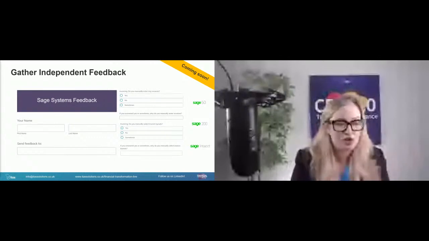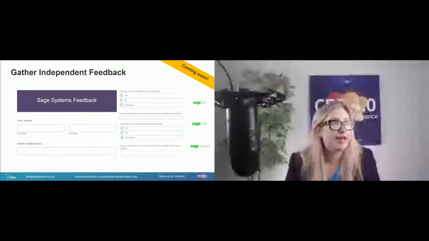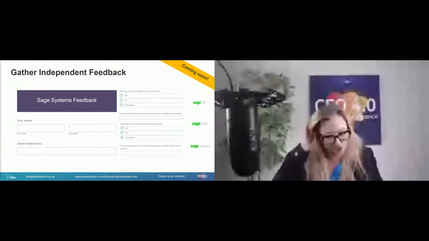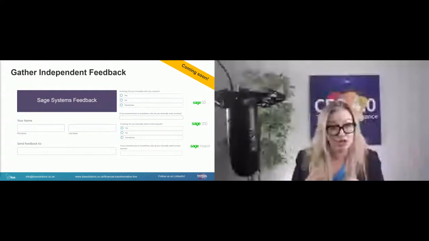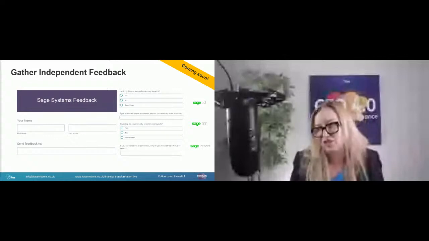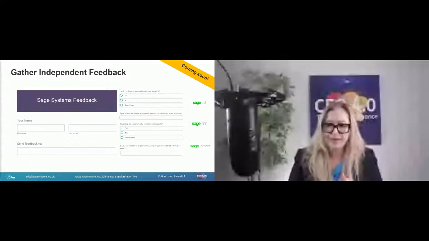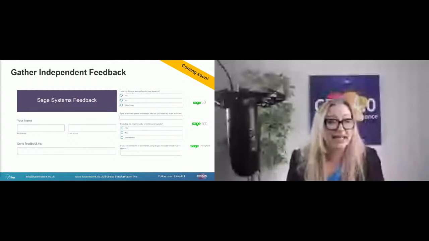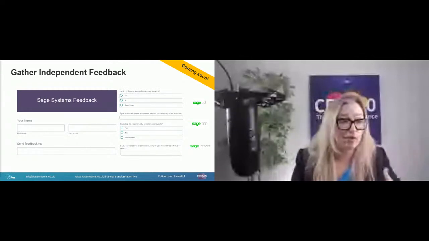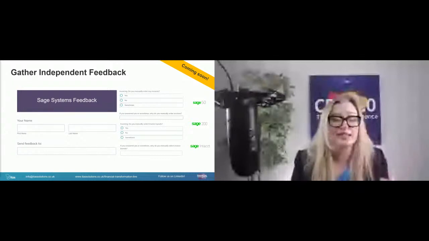Some examples: I just talked about invoicing, but things like, do you manually choose your invoice layouts, or are they automatically selected? And then we can understand and talk about, well, why do you have to manually select it? How can we automate the selection? Or, are you manually entering invoices? Well, if so, why is that? Is that applicable to all of those invoices? Is that applicable to some?